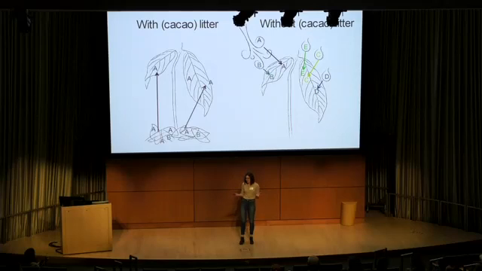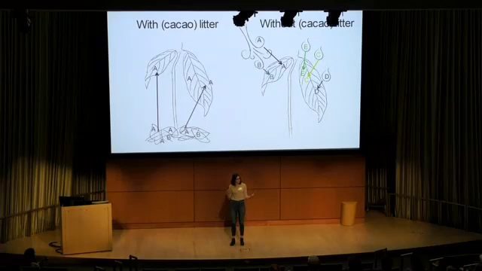So this could be important for agriculture, because if we can expose plants to litter as this natural protective microbiome inoculation, it might be a cost-effective and natural way of